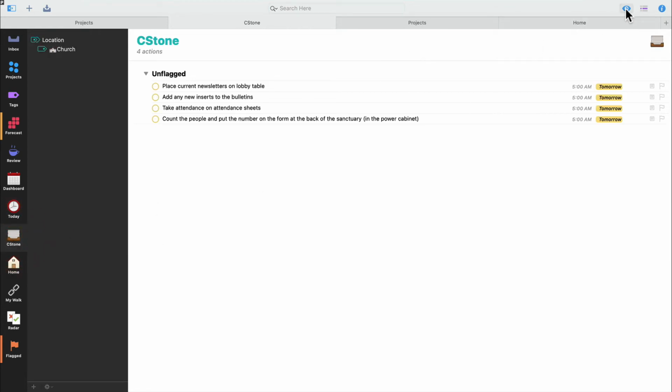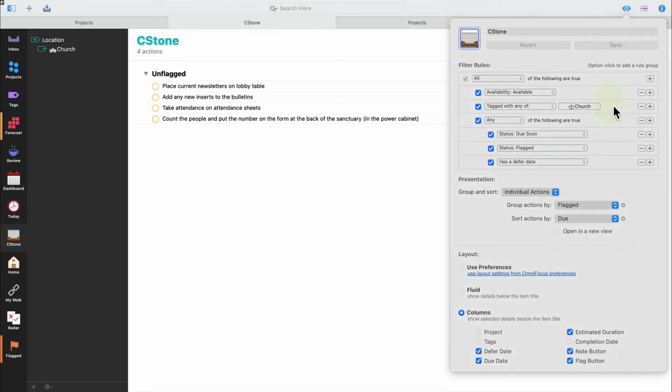So Cornerstone has the same basic view of today, except that it is tagged with the tag church. And so all the things that have the tag church are here. I also get due soon, flagged, and defer date. Did you purposely omit the today tag on that one? Correct. Yes. I only want to see a very small list of things that I can only do while I'm in the building. Those would essentially only show up on the today list, assuming they don't meet any of the other criteria. Correct. Yep.